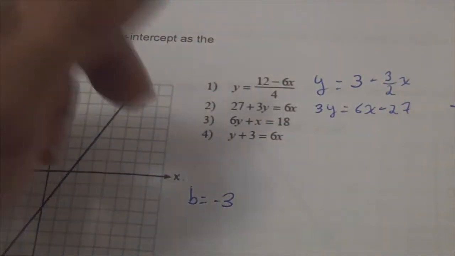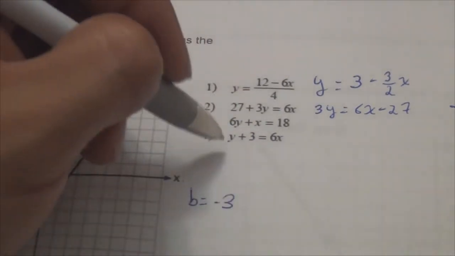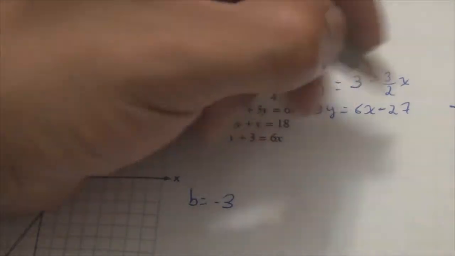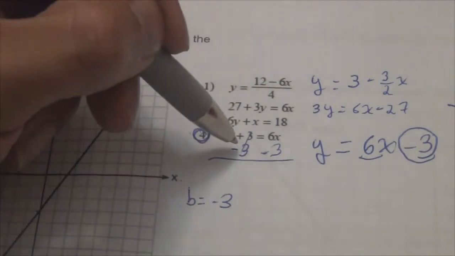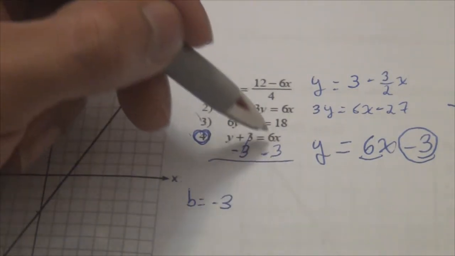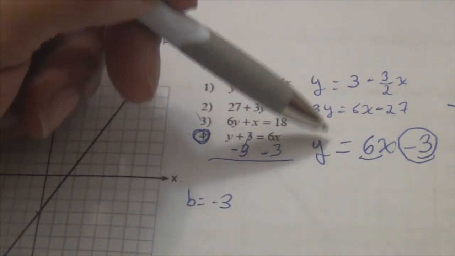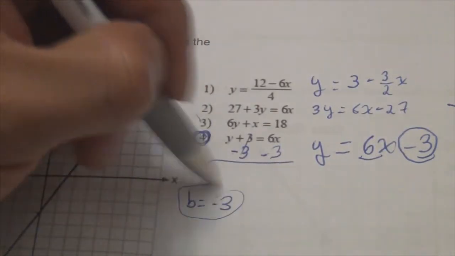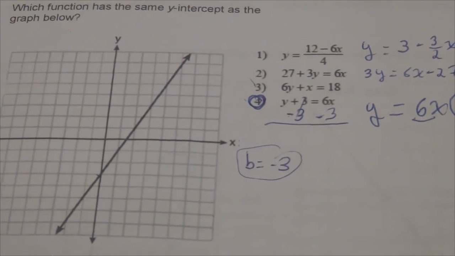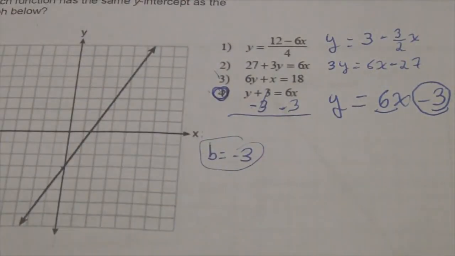Oh. Okay, you know what? It's not number 3 either. So let's try number 4. So once again, we subtracted 3 from here. We subtracted from the other side, of course. Then we cancel them out. And when we wrote the equation, we got y equals 6x minus 3, which matches the y-intercept from our graph right here. See, negative 3, negative 3, negative 3, good. All right, let's